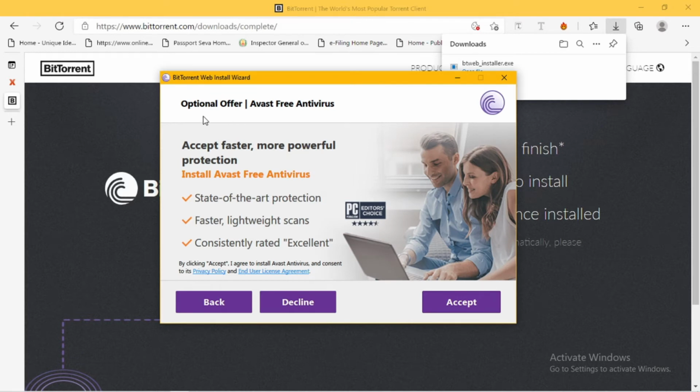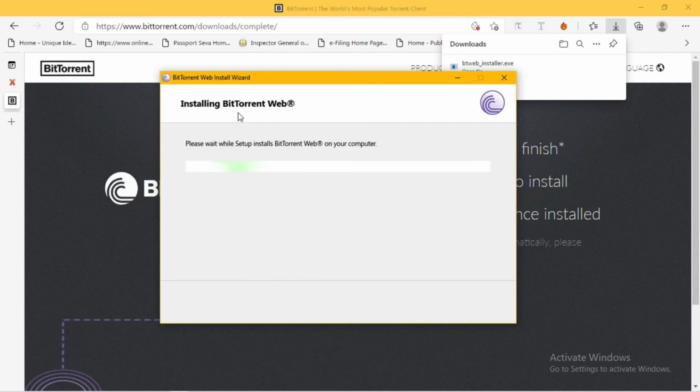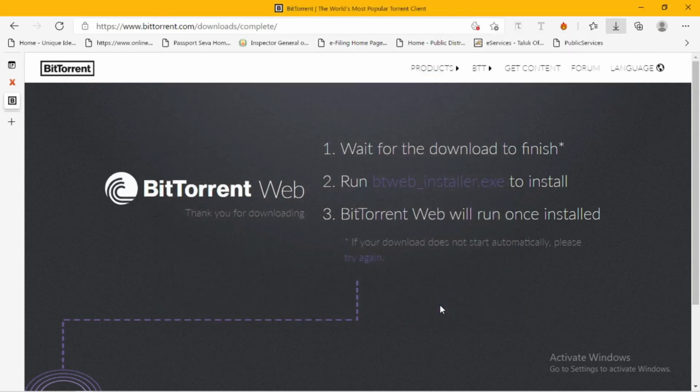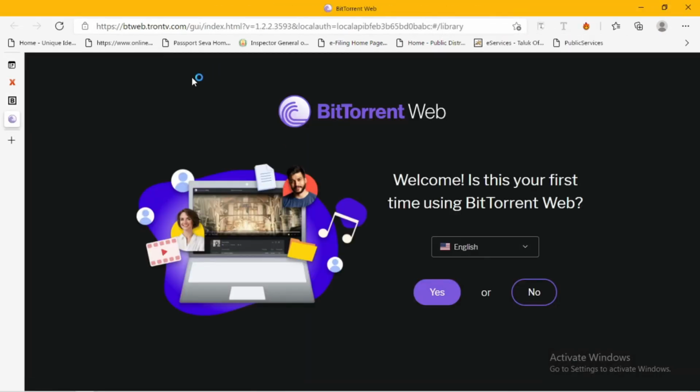This is an Avast Free Antivirus offer which we have listed. We don't need this installed on our system since we already have antivirus installed. By clicking accept, you're going to accept this, so I'm going to click the decline option. After that, you can see it got installed, and click finish to close the setup. I'm going to click on the finish button, and it directs us to BitTorrent Web, which you are seeing